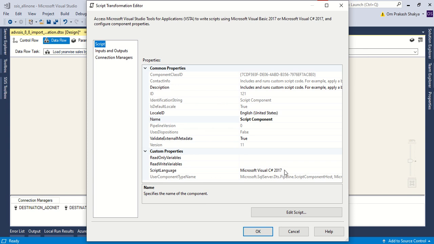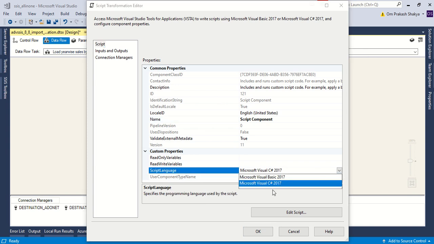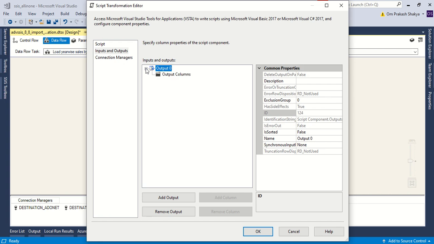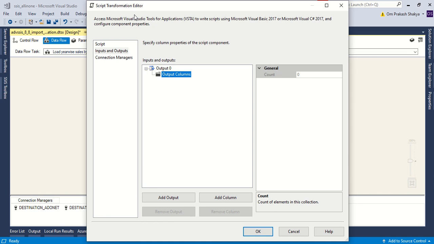We can change the scripting language, C# or VB.NET Visual Basic 2017. In input columns, inputs and outputs, we have by default the output, because this is the source, so it will produce the output, not the input.